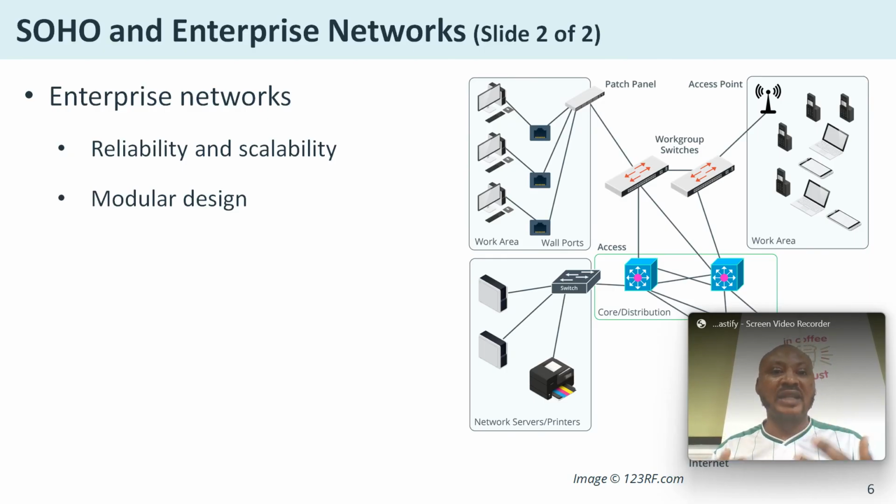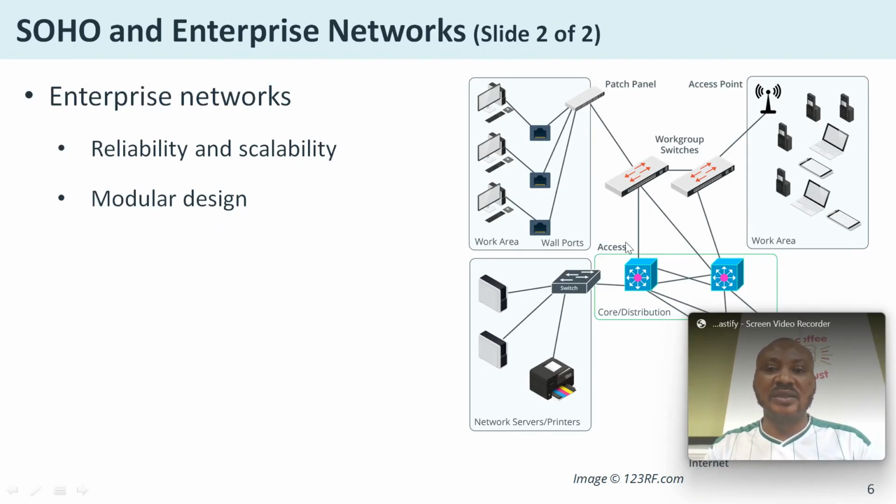And it's reliable, unlike wireless network. In wireless networking, there are a lot of things that could affect you. Also in your small office network, it's just 4 users. It's not that scalable, you understand, because there are just a few users. And it might not be reliable because you just have one wireless device, one router there. If the router goes down, then everything goes down. But in an enterprise network, there are many switches. If you have more than one router being used in a wireless network, like what you see here now,